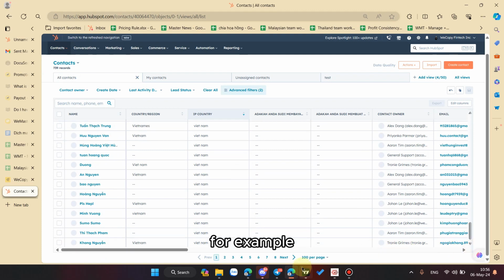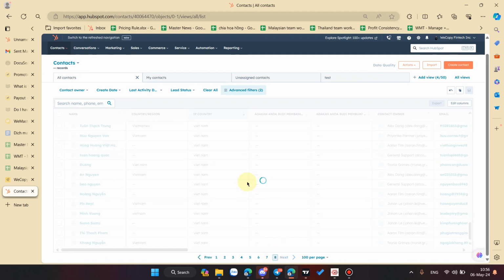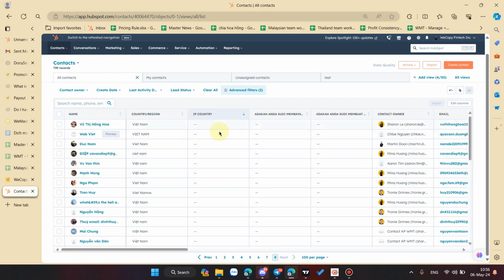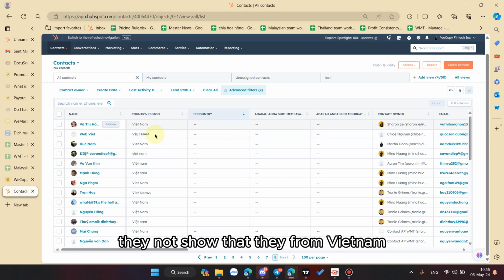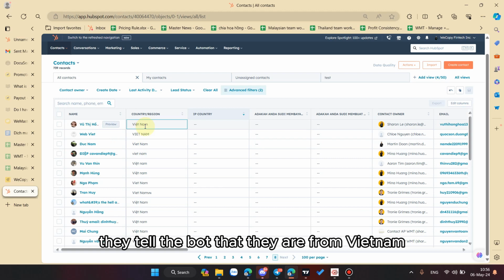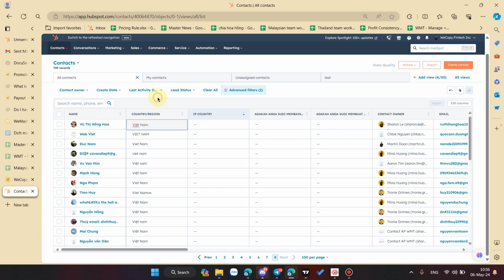Let me check an example. See here, the IP country does not show that they are from Vietnam, but when they contacted us and told the bot they are from Vietnam, it shows in the country region. So you will get the max out of the filtering.